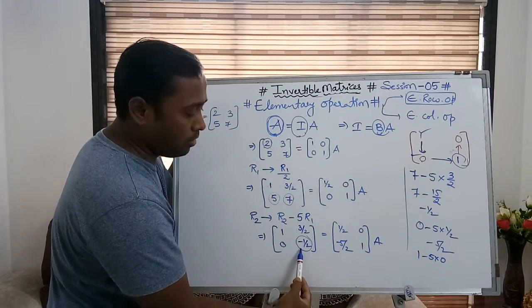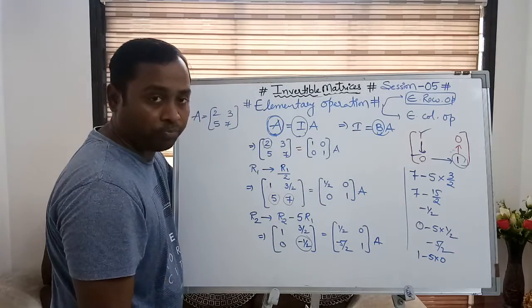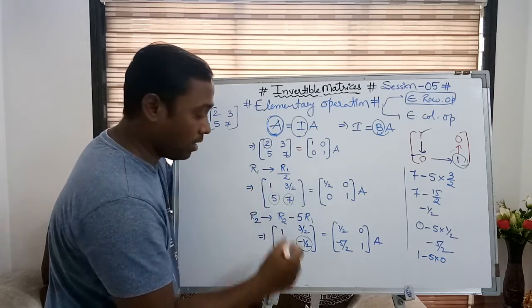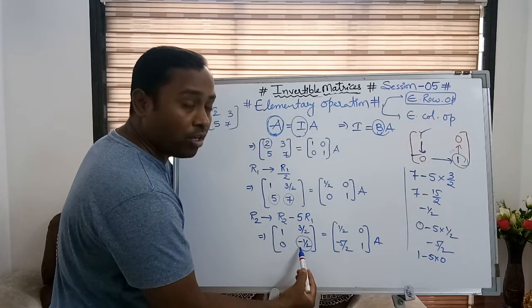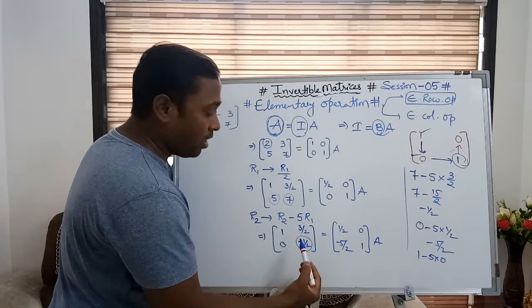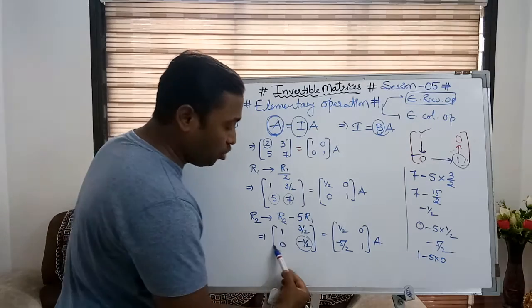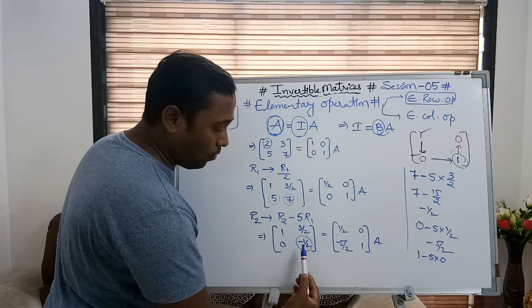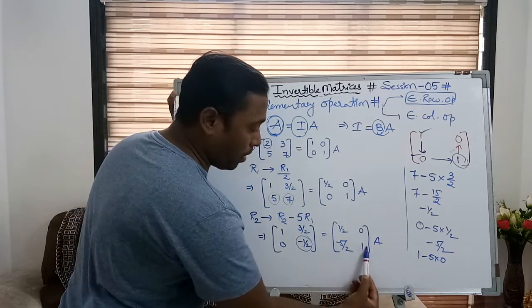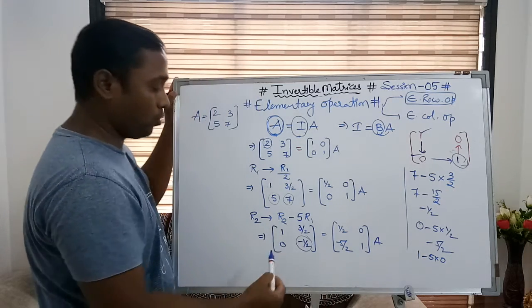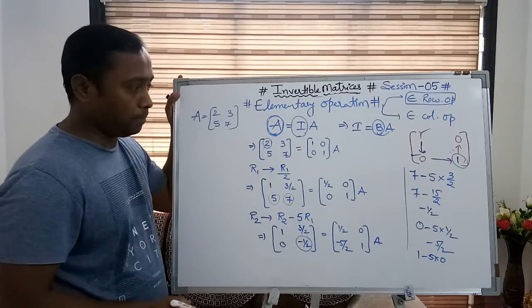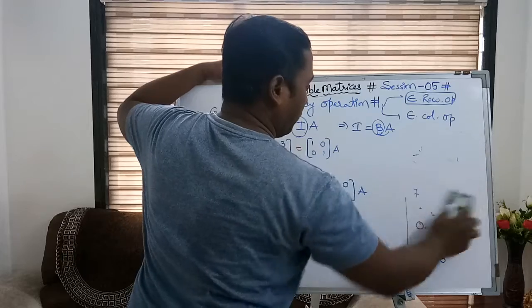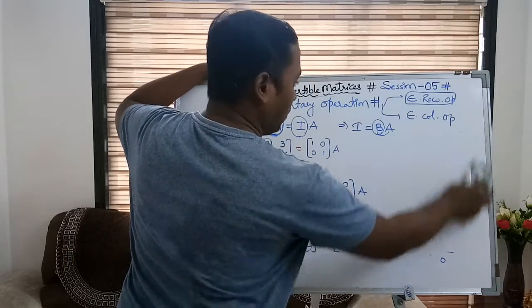Just by multiplying this quantity with minus 2. मैं इस quantity को minus 2 से multiply करूँगा, इसकी value क्या हो जाएगा 1. Hence whatever I am thinking about this element, it would be applicable in each and every element of the row. जो मैं इसके लिए सोच रहा हूँ वो ऑपरेशन सारे एलिमेंट्स में अप्लाई होगा उस रो के. क्लियर? सो नाउ आई एम अप्लाइंग दैट ऑपरेशन हियर.